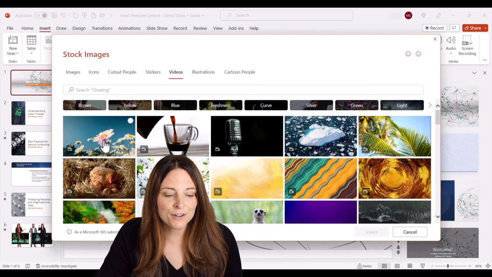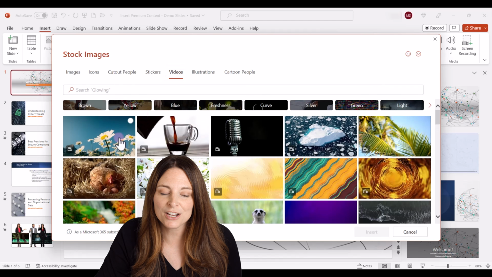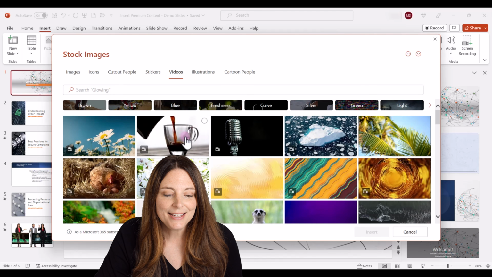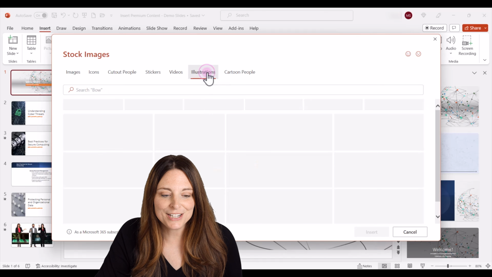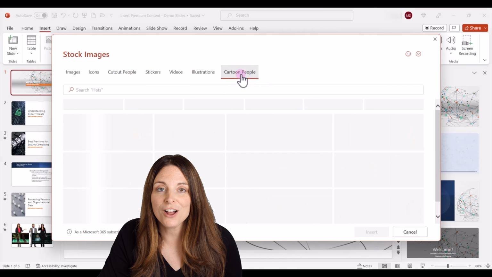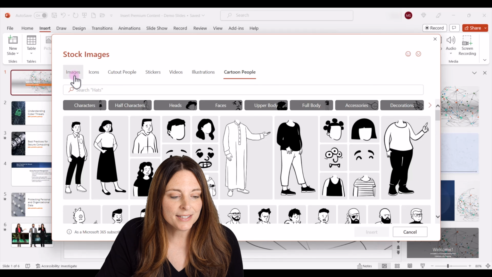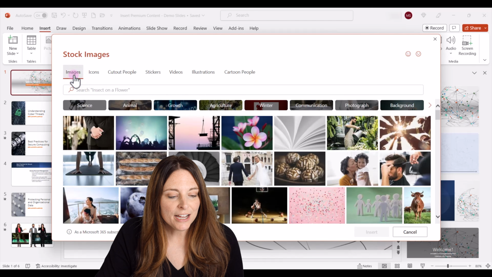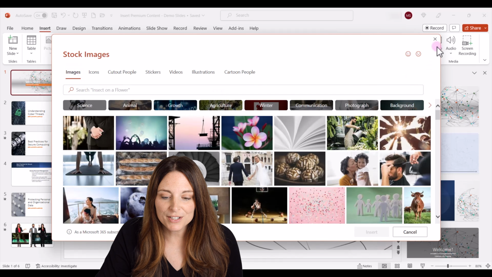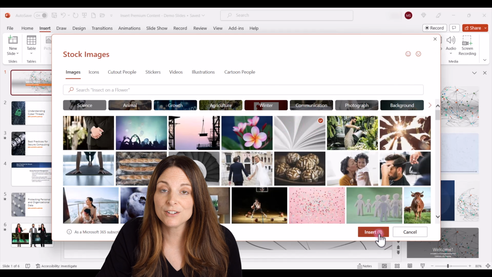If you hover over those, you can see the animation that goes along with that video clip. And then we also have illustrations and cartoon people. So all of this is content that you can use in your presentations for work. And so I'm going to go ahead and close out of the stock images library. All you would have to do is select an image and click on Insert, and it inserts that into the